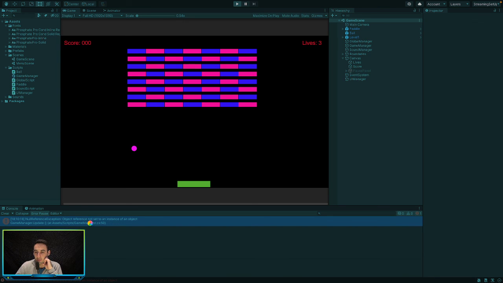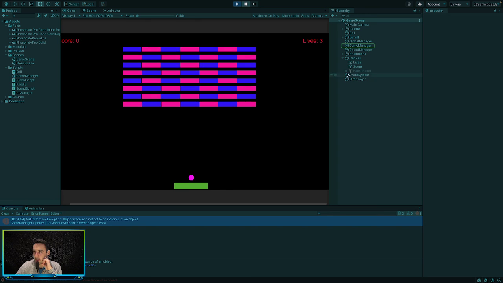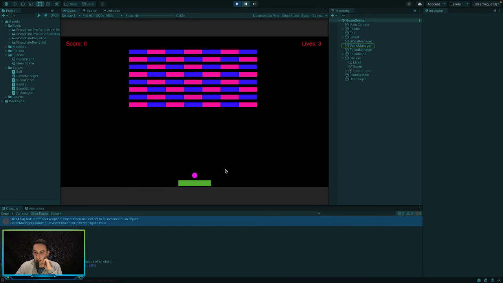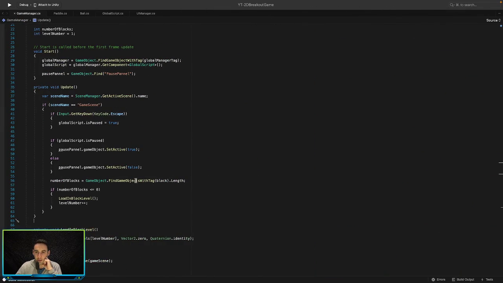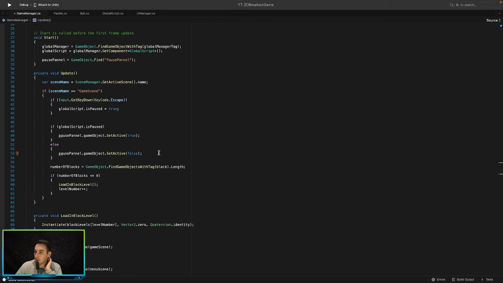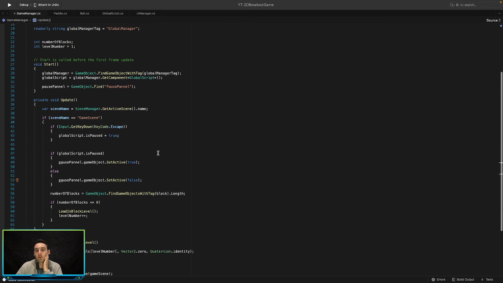So we are still getting this error of object reference not set to an instance of an object. Okay, so GameManager line 53. So somehow, which is not true,